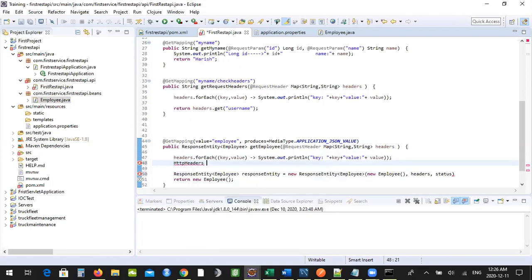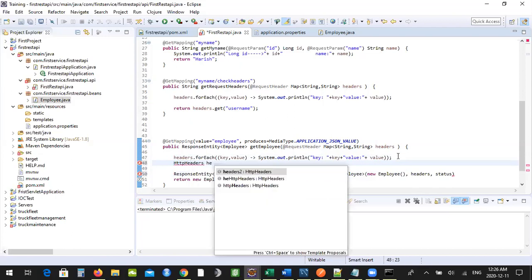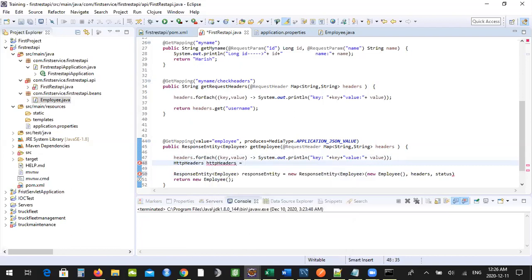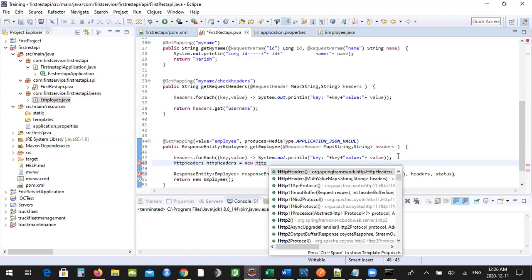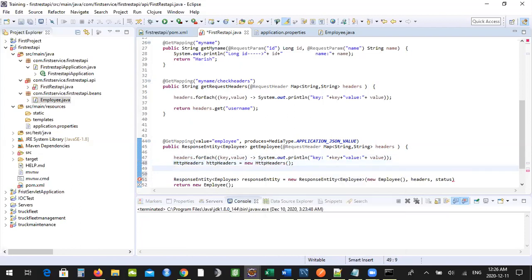HEADERS, right? HTTP headers equal to new HTTP headers. That's how we're going to create headers, right? I can add anyone. It's a key value pair again, guys. It's a key value pair. So let's add